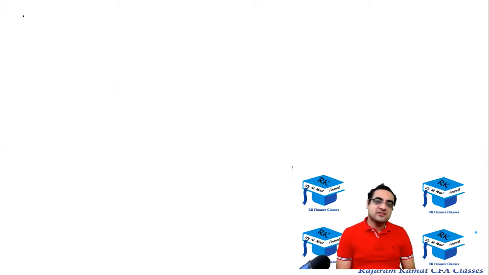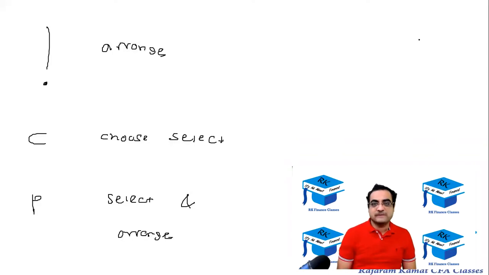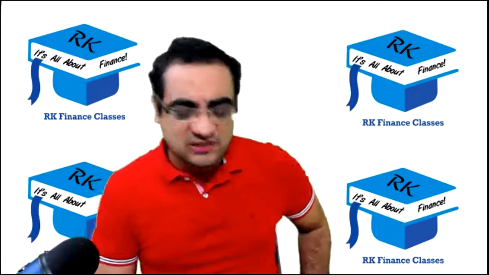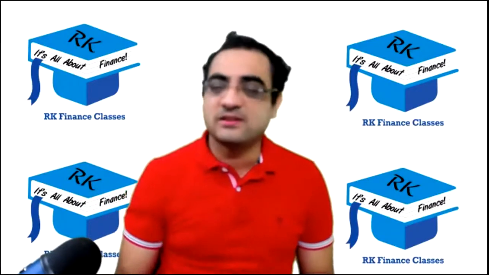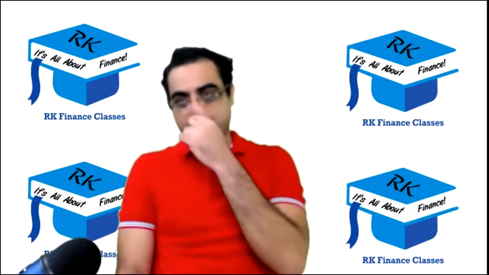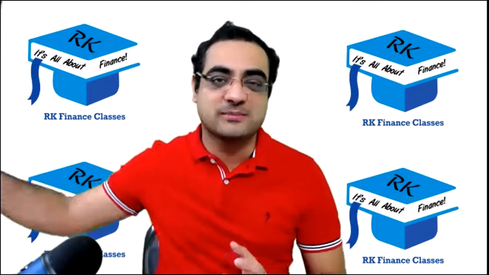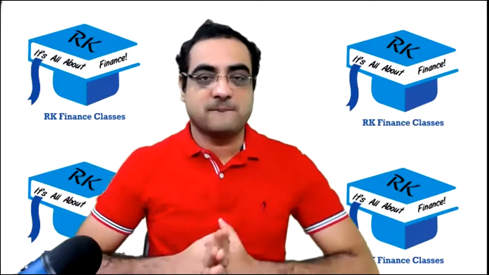Okay, to summarize, use this key which is called factorial if you have to only arrange. Use C if you have to simply choose, that is select, but not arrange. And use this if you have to select also and arrange also. Okay, permutation, combination, factorial, quite easy. Let me know whether it's clear or not clear. If it's not clear, mark it as no or kind of understood and then raise hand please. Quite easy.